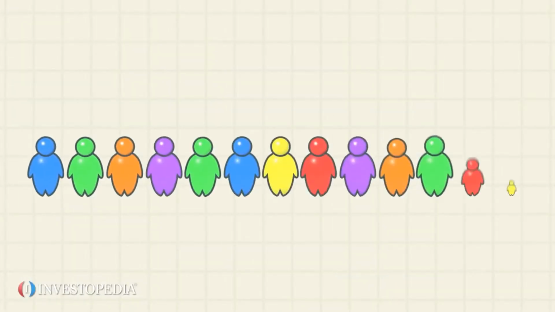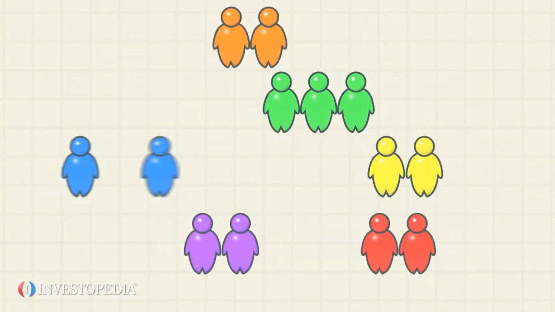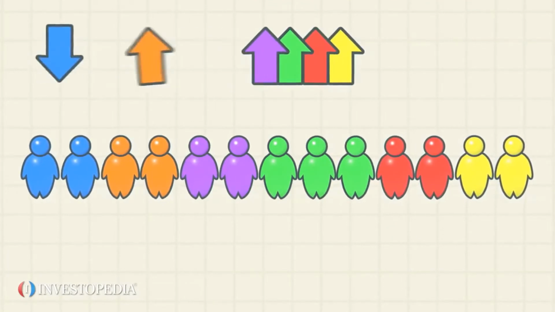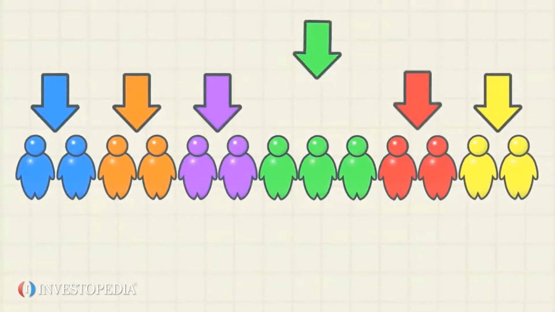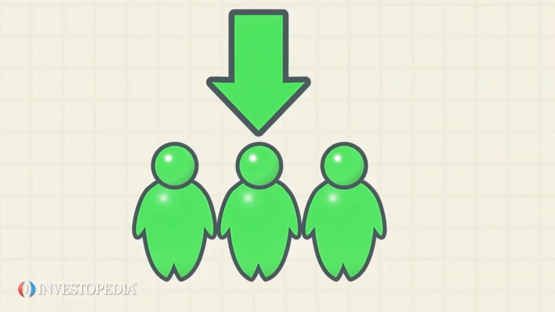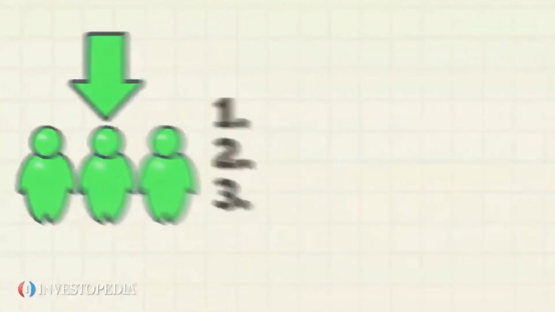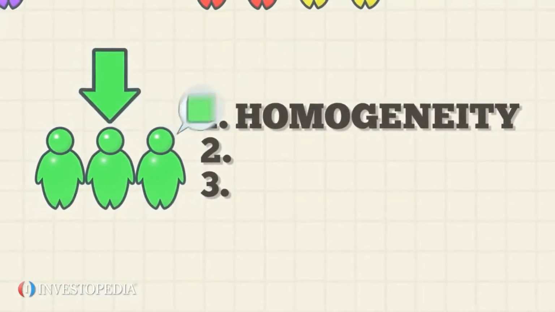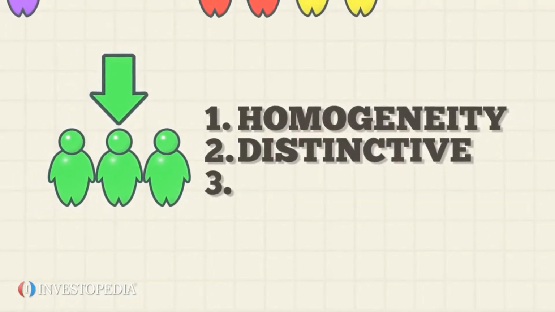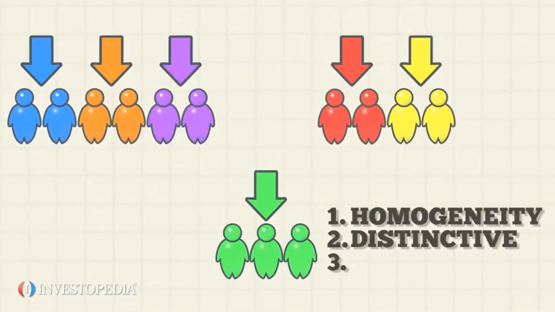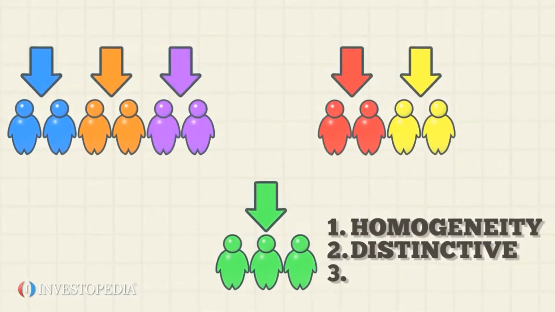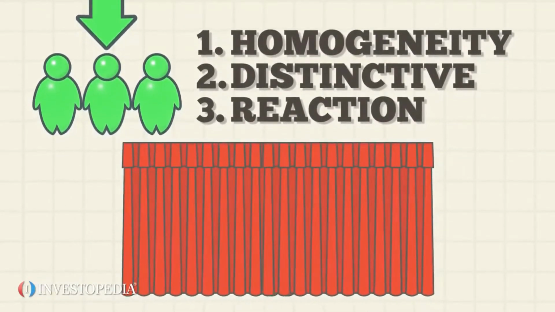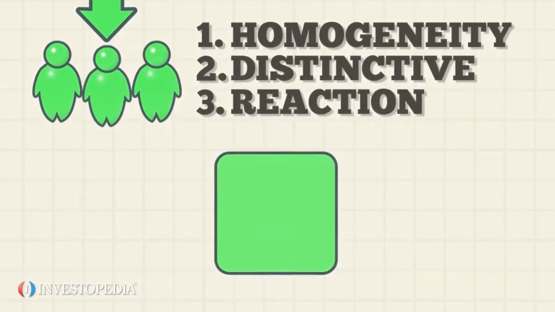Market segmentation is a process used by marketers to group similar consumers together. This helps them better target their marketing efforts by sending the right messages to the right consumers. A market segment usually features 3 aspects. The first is homogeneity. The consumers in the segment have common needs. Second, each segment is distinctive. This implies the consumers in the group are different in some ways from consumers in other groups. Third is reaction, which implies that consumers in the segment will have similar responses to the marketing and advertising they